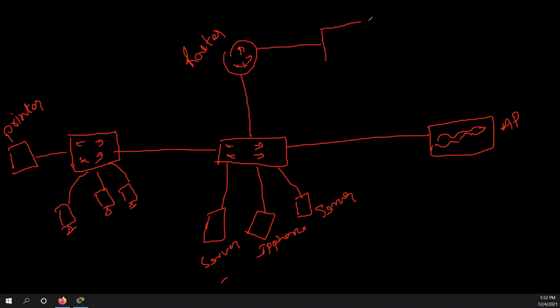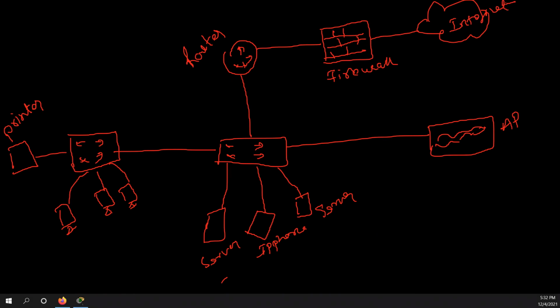Router is further connected to the firewall. And this firewall is further connected to the internet.